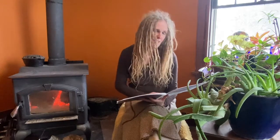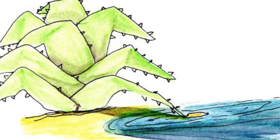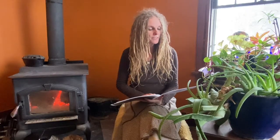"But how would that help their skin?" asked the mother. Aloe drooped. She was so sure of her idea that she hadn't stopped to consider that she would just be full of water, which didn't seem to help their parched skin. She dipped the leaf into a nearby puddle, stirring it around a bit. Just then, some resin from a nearby tree dripped down into the puddle, landing next to her leaf. Her leaf stirred in the resin, and when she pulled her leaf from the puddle, a long string of sticky